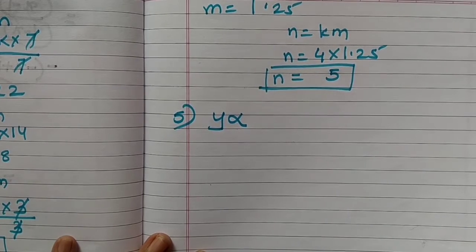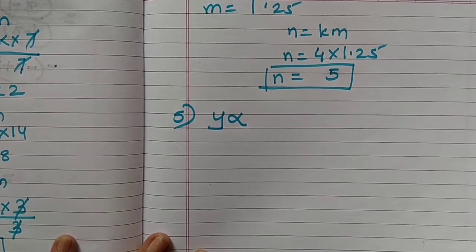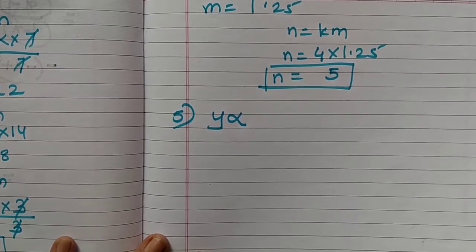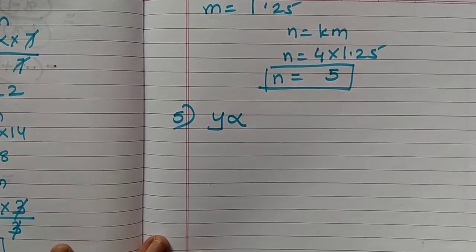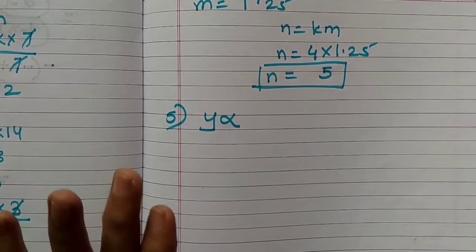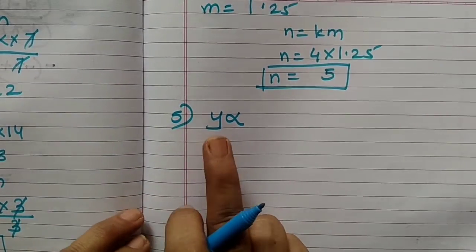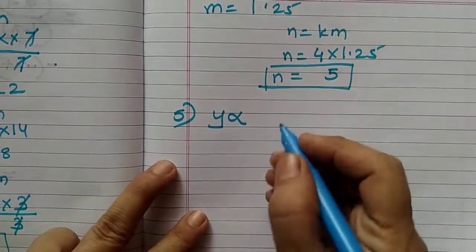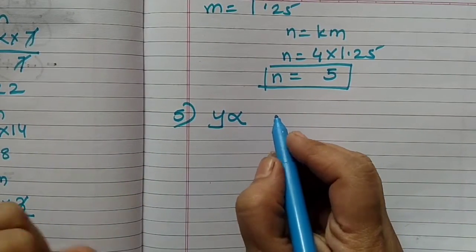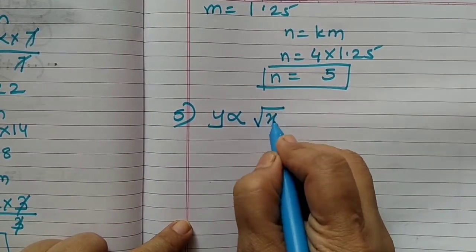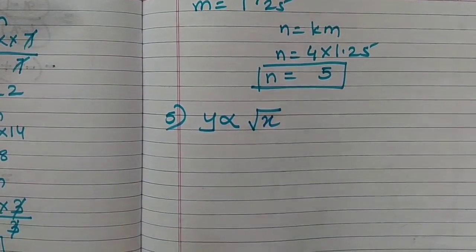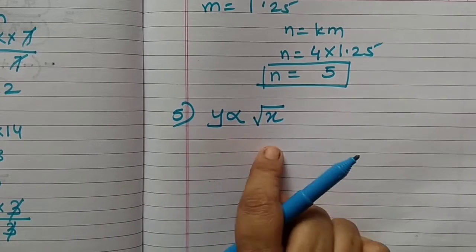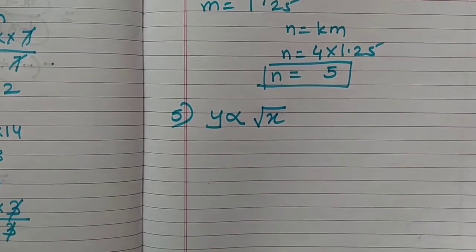After we learn about the next variation, when we do the sums, it will be a little bit difficult because first you will have to find out whether it is direct or inverse. But now these are all direct variation. They have told us y varies directly as the square root of x. So not only x, but the square root of x. This is very important. Once you find out how the variation is, then the sum is much easier.